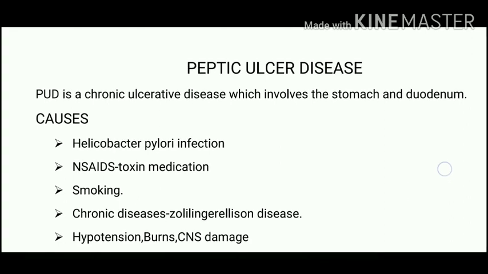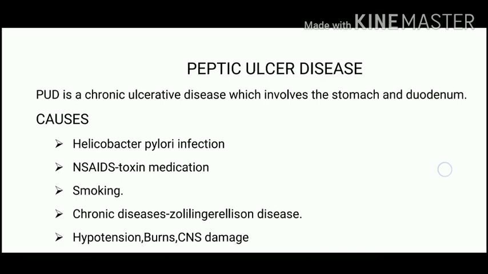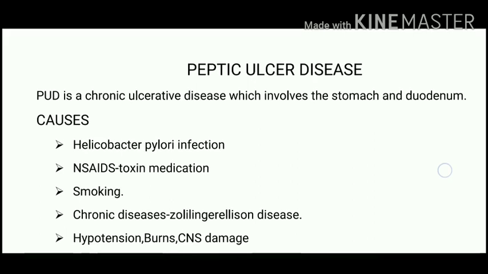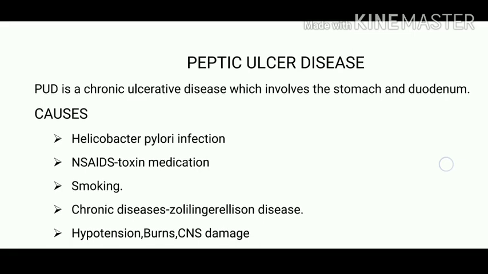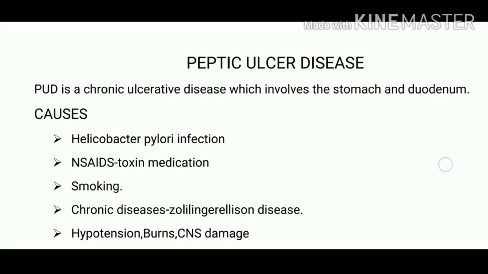In certain cases, the clinical manifestations suggest the presence of peptic ulcer, meaning the symptoms and patient history suggest that there is a peptic ulcer. But if we go for diagnosis, meaning an endoscopic examination, we cannot find any ulcer. Such a condition is known as non-ulcer dyspepsia, meaning all the symptoms are ulcerative, but the diagnostic test does not reveal any presence of ulcer.